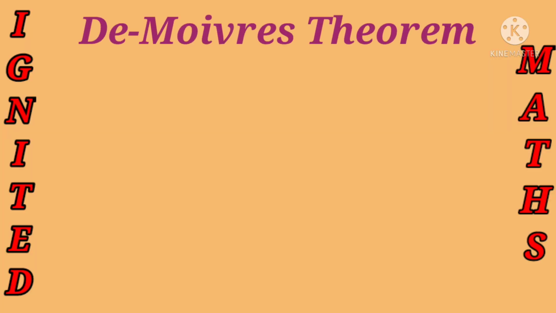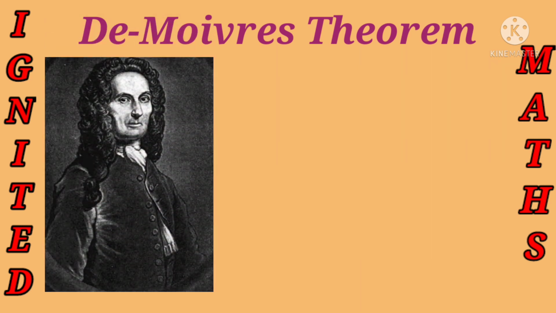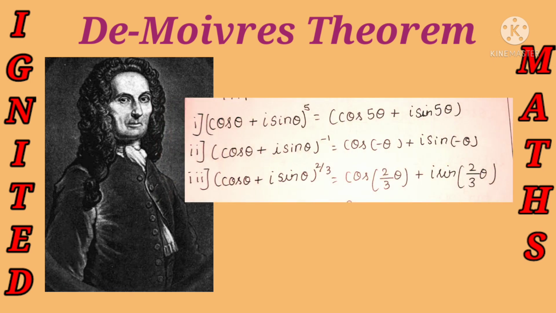We have gone through the Cartesian form of the complex number, the polar form of the complex number, and the Euler form of the complex number. We have seen lots of examples with different coordinates. Now De Moivre's theorem, okay, it is based on the polar form of the complex number. That is nothing but, in 1970, De Moivre proposed the following theorem for finding the power of a complex number: (r cos theta plus i sin theta) raised to n is equal to r raised to n (cos n theta plus i sin n theta), in which n belongs to the integers.